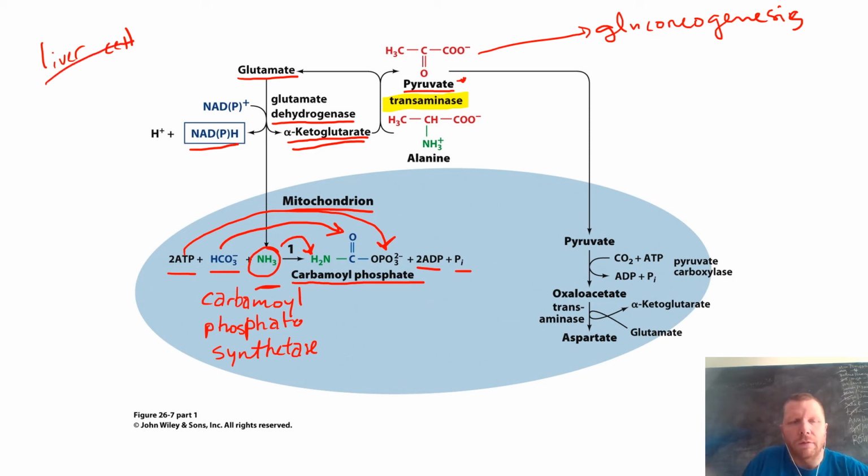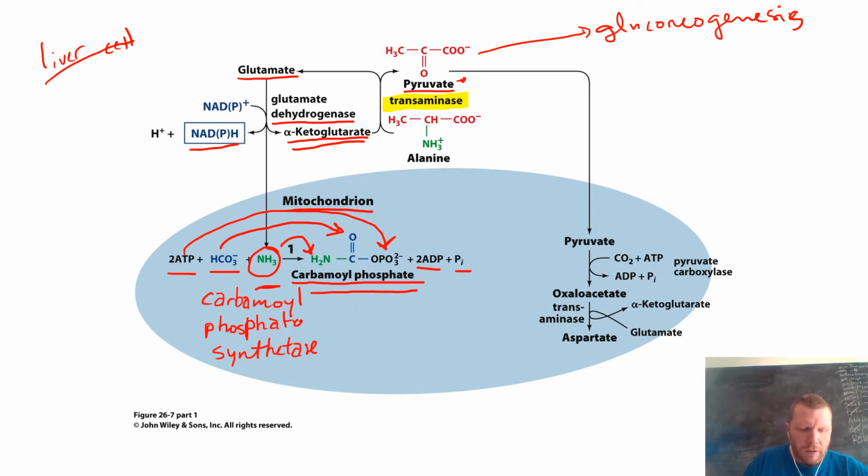Alternatively, pyruvate can be funneled into the mitochondria and ultimately go on to make aspartate. The production of that aspartate is particularly valuable in the pathway we're about to go into. But more than anything, what I want to focus on is the generation of this carbamoyl phosphate, because